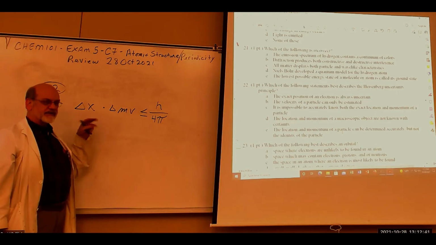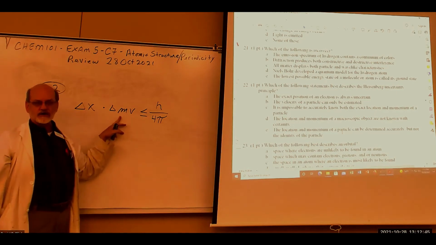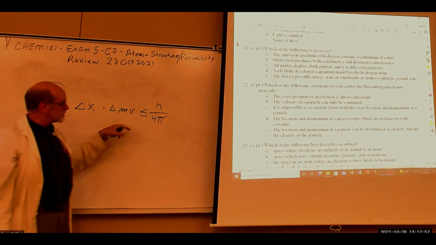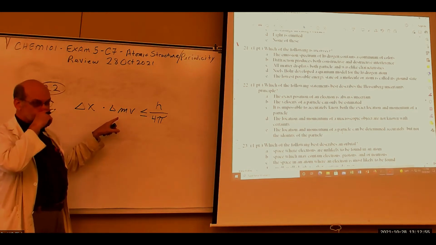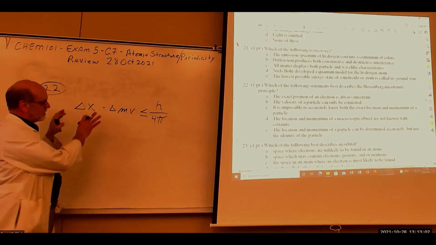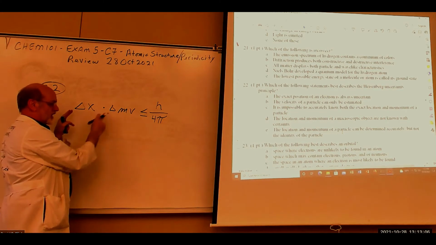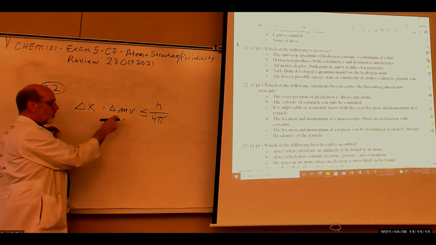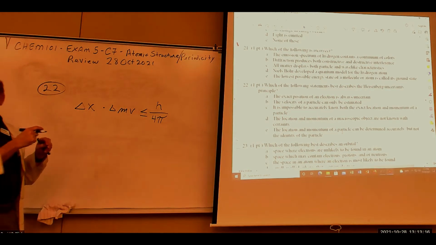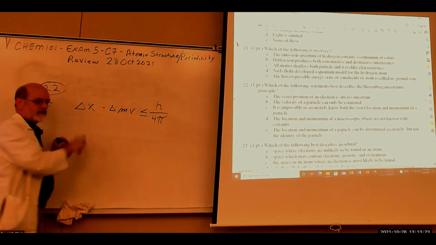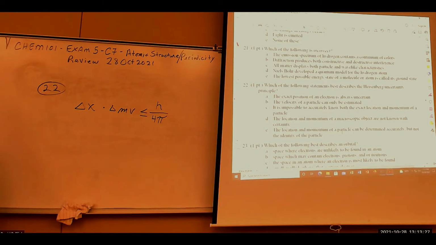What we mean here is if we're talking about a single particle, like an electron, then the mass is not going to change. So the deviation we're talking about is really deviation in velocity. What it says is for very small particles, this is extremely small and the velocity is probably pretty high, then you can't know both of these with any certainty at the same time. If you know where it is, you don't know anything about its velocity or its energy. If you know its velocity and energy with precision or accuracy, then you don't know where it is. Okay? So this leads us to the